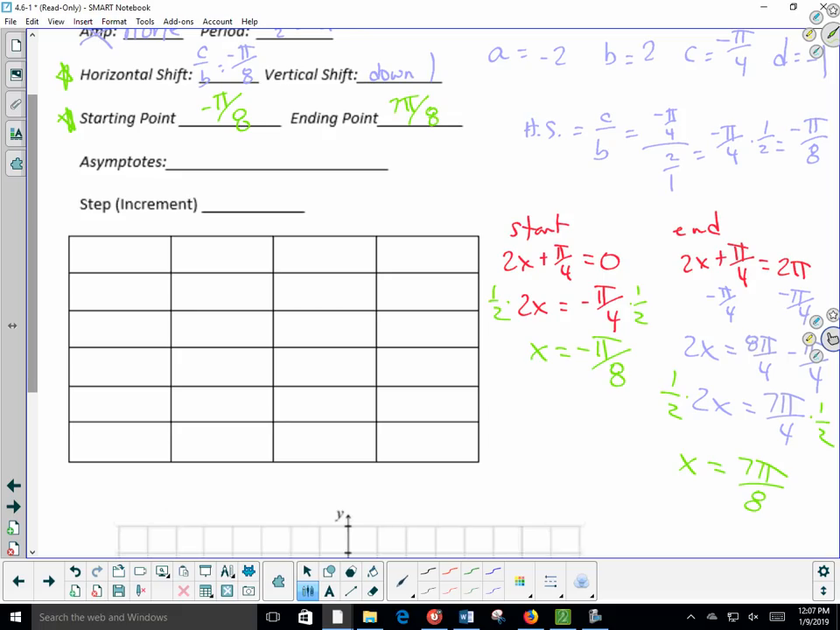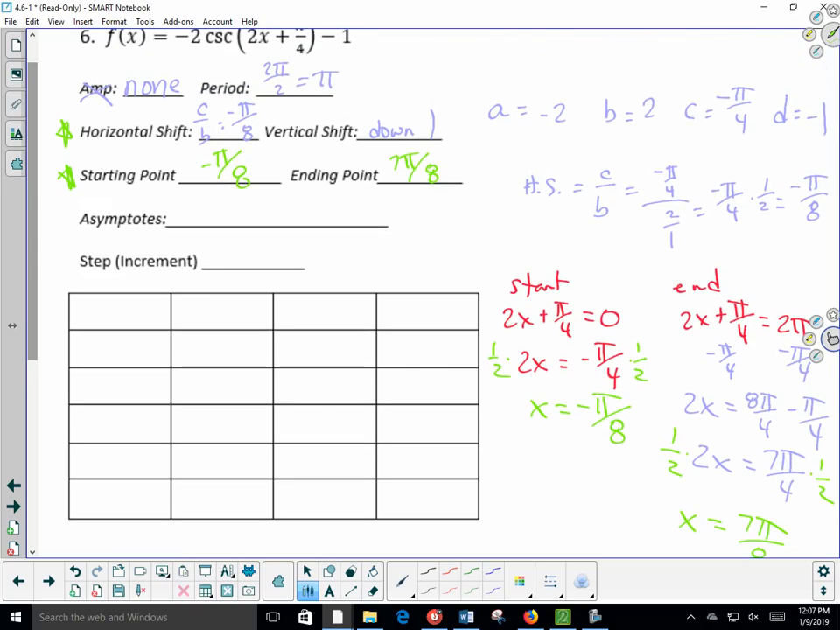All right, and so we're going to wait on the asymptotes. The step is going to be period divided by 4. So that's going to be pi over 4. So I can fill in x here. My starting point is negative pi over 8. My ending point is 7 pi over 8, and I want to advance along by pi over 4, which,